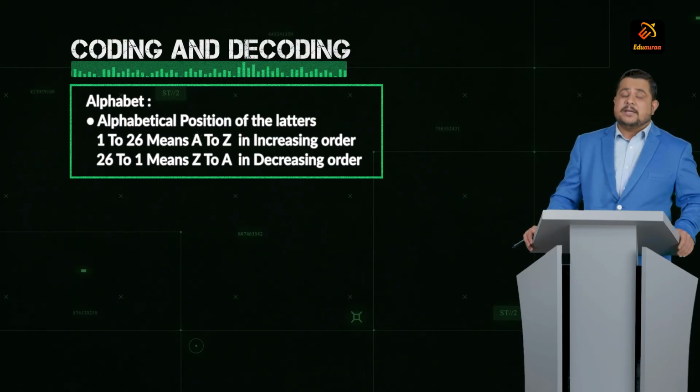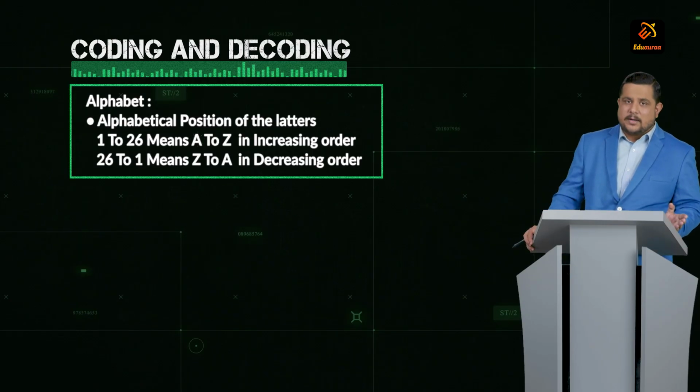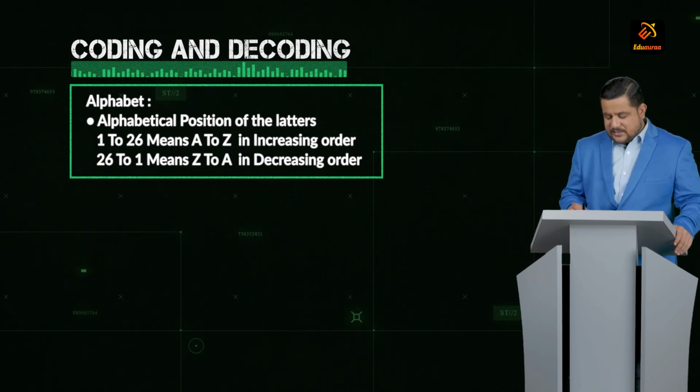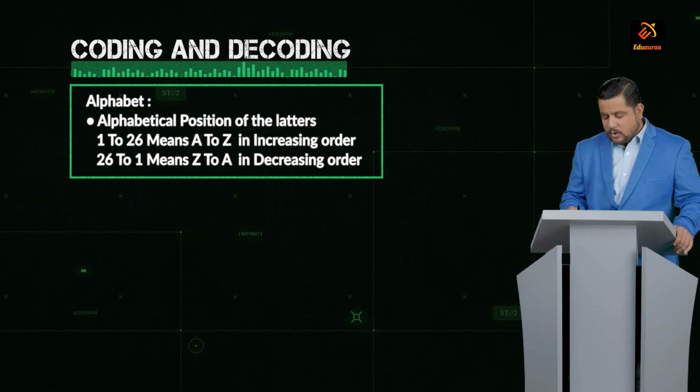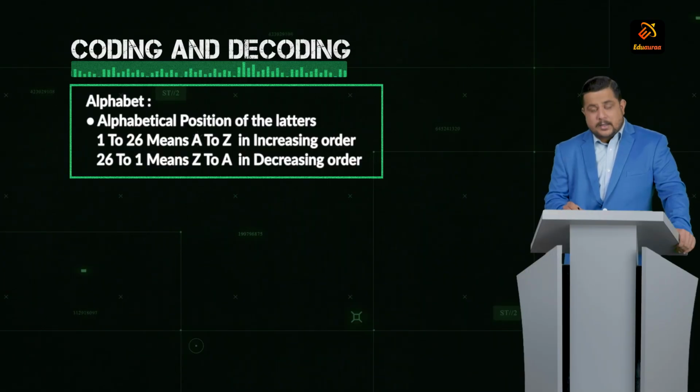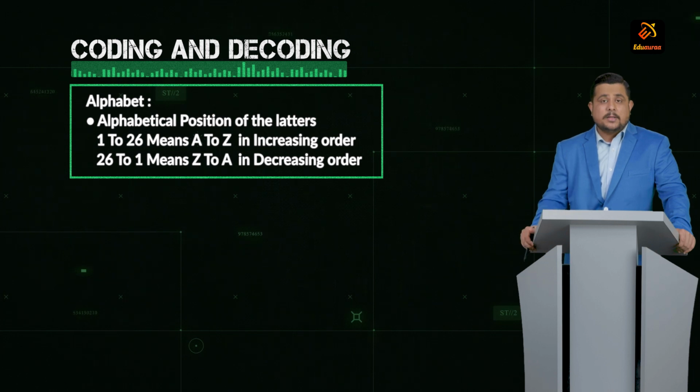It just means from A we start the rank, or not? Yes. From A we start and we end on 26th. And 26th is the rank of Z, or not? Yes. But when we count from the end, Z will come at number 1 and A will be the 26th letter. So both sequences we must know, both ranks, the rank of A,